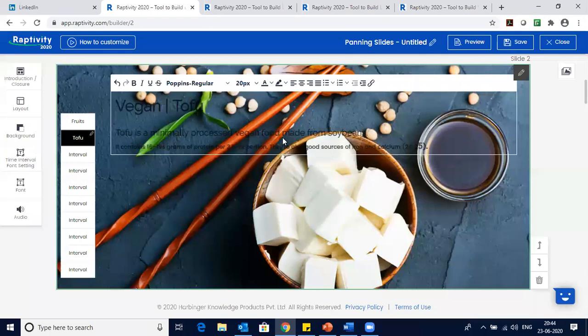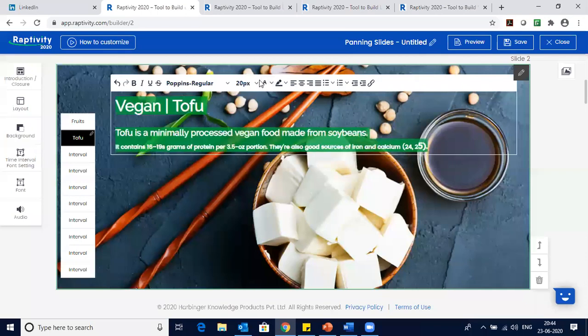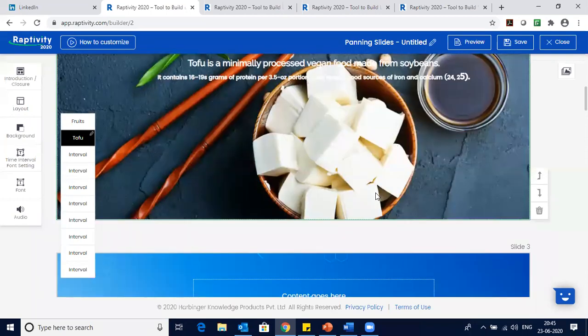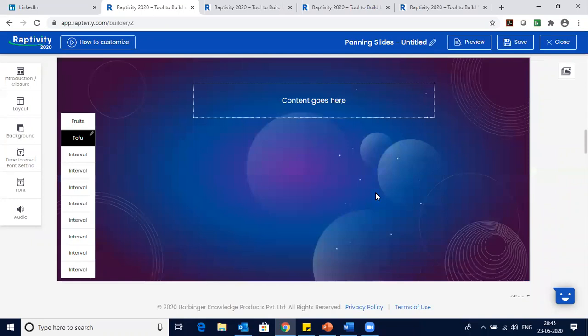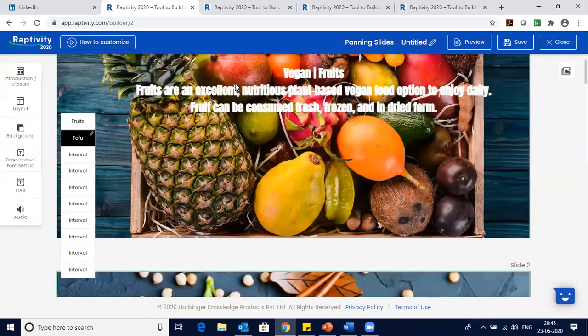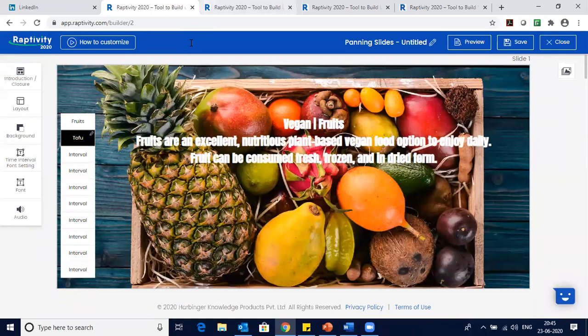And I'll change the color. There you go. So this is just an example of how you could customize, make them highly interactive. And I won't take you through the whole slide deck. So I've already created one, and I would like to quickly jump on to